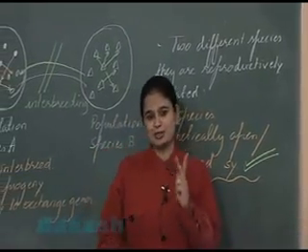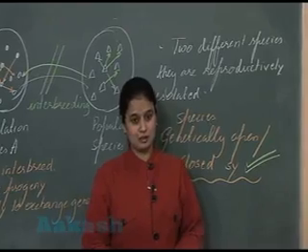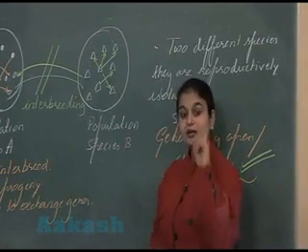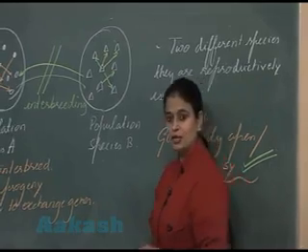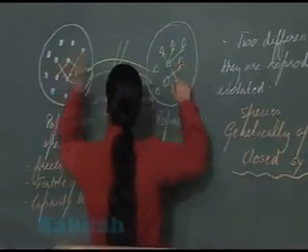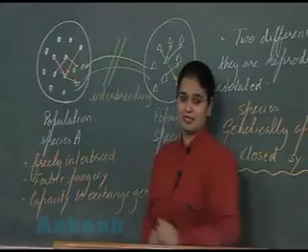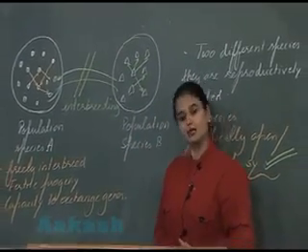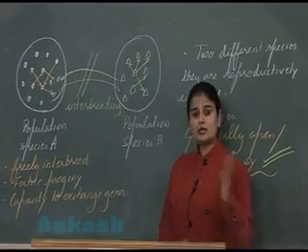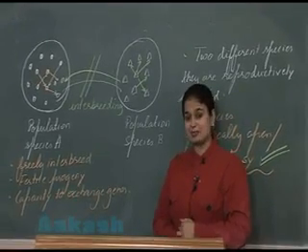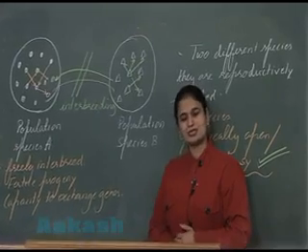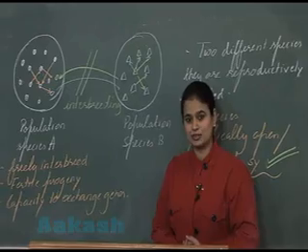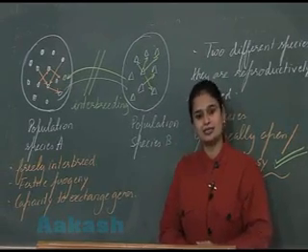So two key words which are really essential to be understood here. One is reproductive isolation. That is, between the two different species, interbreeding is absent. And second one, due to this, the species is a genetically closed system. Now, though it is the most accepted concept of species, certain limitations, certain drawbacks are associated with this. So let's try to understand these drawbacks now.